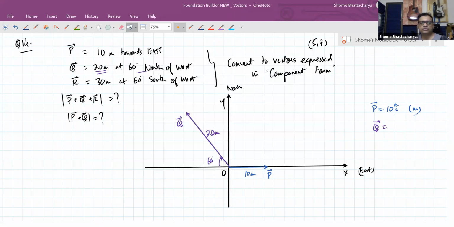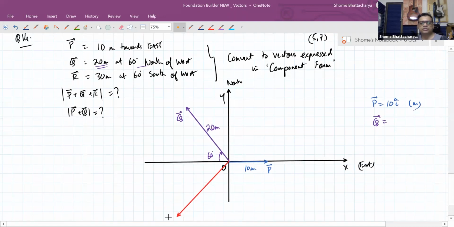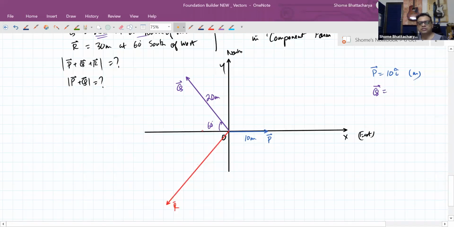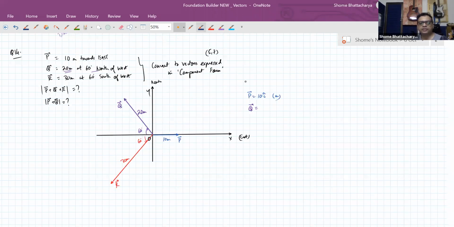s or r, whatever, r is 30 meters, so longer in length, but now in the southwest direction. So in this diagram, the vector s or whatever r is symmetrical in this manner. This is 60 degrees south of west, but its length is 30 meters. So next step, what I want you to do, if you haven't done this question yet, is write down p, q and r in component form properly. Like I've written p and q, like that you also write r in component form, and then we can check each of these. So just use your normal component algebra concept and try to work this out quickly first.